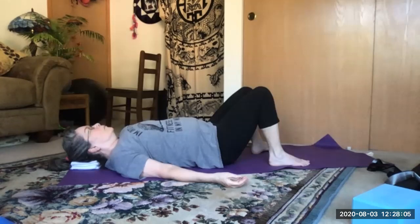center, right side of your chest, heart center, left side of your chest, heart center, navel center, center of your pelvis, right hip, knee, ankle, right big toe, second toe, third toe, fourth toe, fifth toe, right ankle, knee, hip,